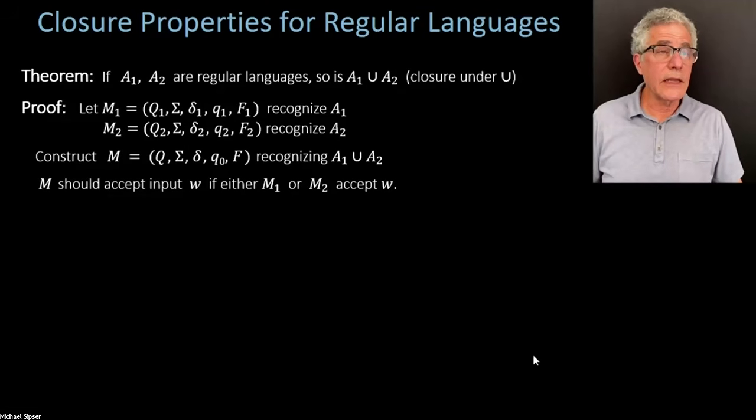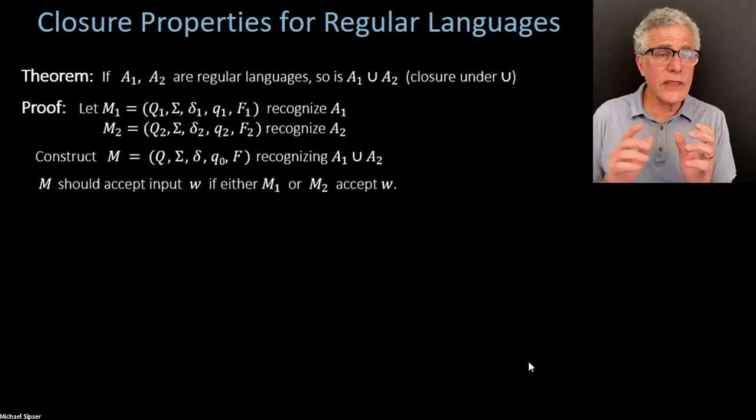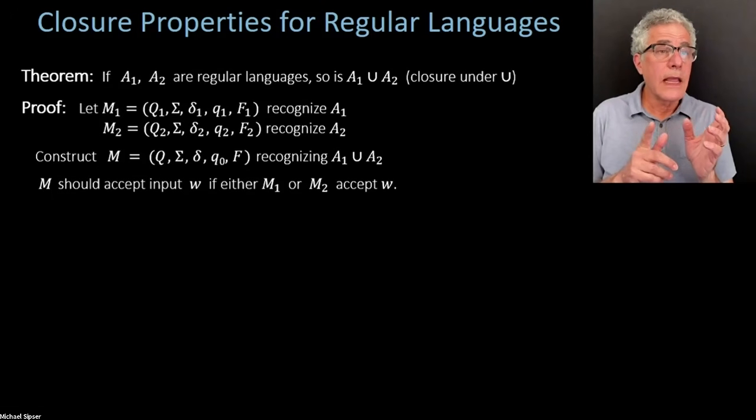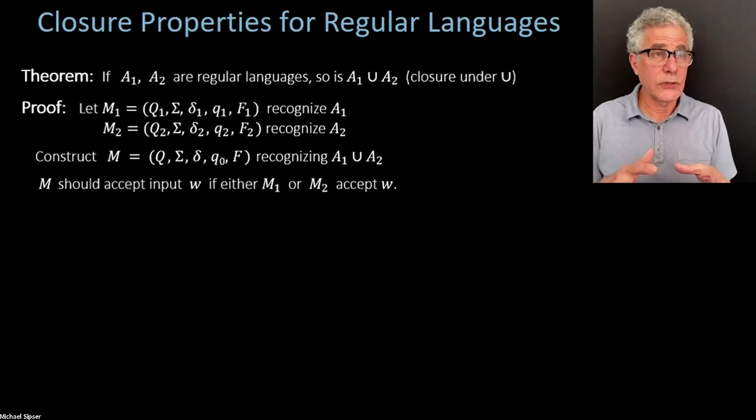The way we do that is to think about how would you do that union language? If I give you two automata, M1 and M2, and I say, here's an input, W. Is W in the union language? That's the job that M is supposed to solve, and I suggest you try to figure out how you would solve it first. I mean, this is a good strategy for solving a lot of the problems in this course. Put yourself in the place of the machine you're trying to build.